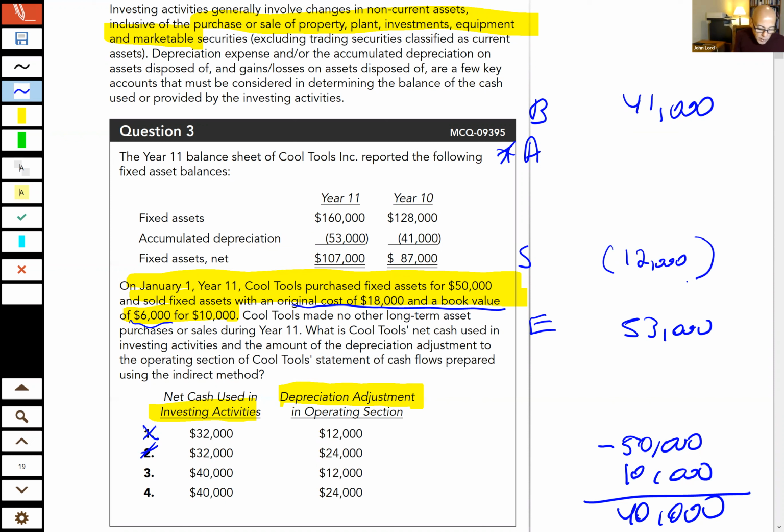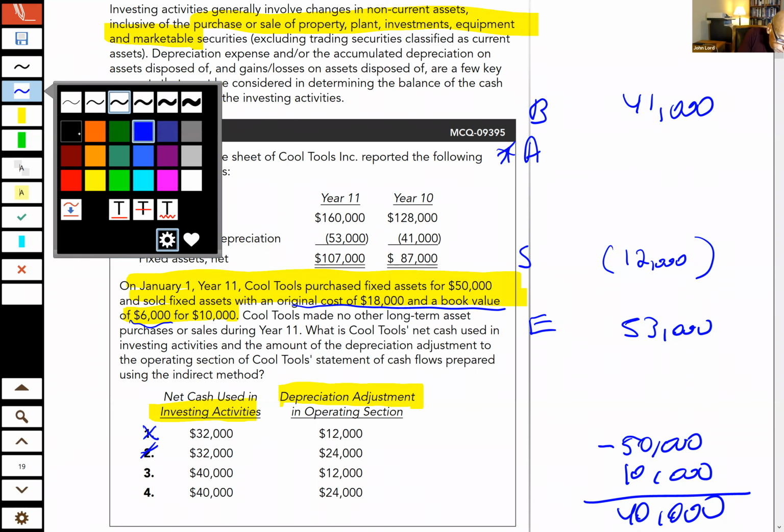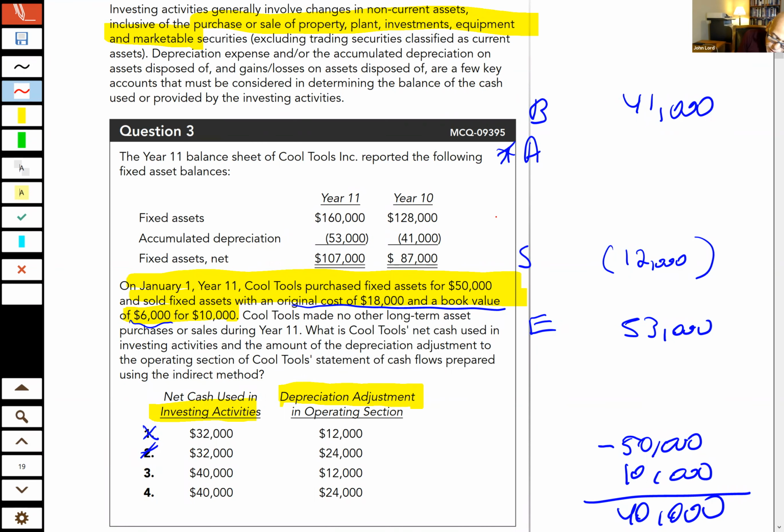12,000, the 18 minus the book value of 6. And then I like to do subtotals on these questions. It just helps me to make sure I'm keeping the numbers going in the right direction, guys, because it's easy to do the wrong way, and the examiners sit there and they wait. They know that you might make that mistake, and they will put a choice in there